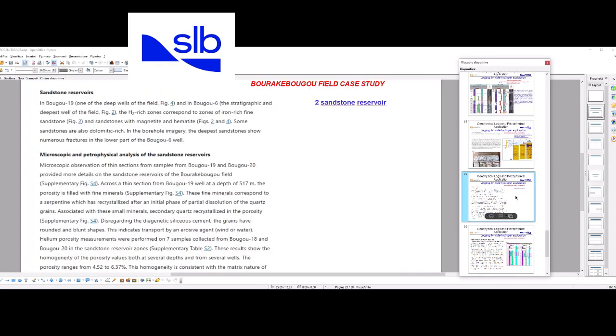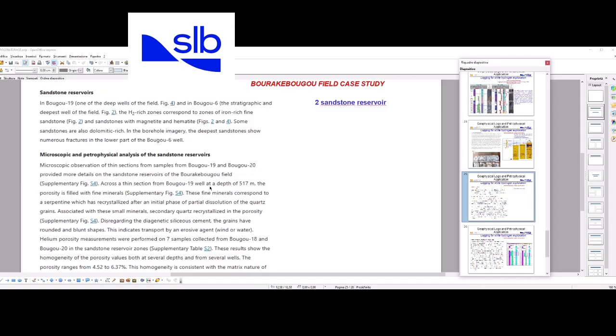The second reservoir is in sandstone, and it corresponds to a hydrogen-rich zone with presence of fine iron sediments in sandstone, and so also petrophysical and microscopical analysis confirm that